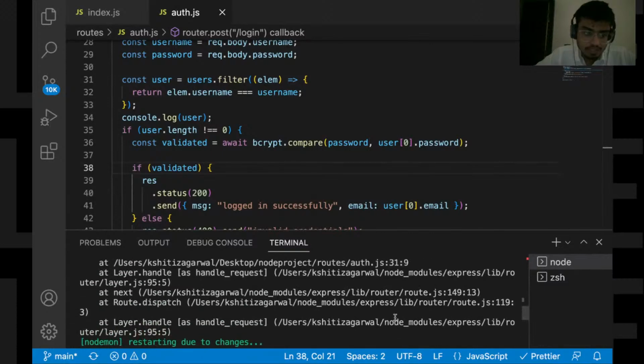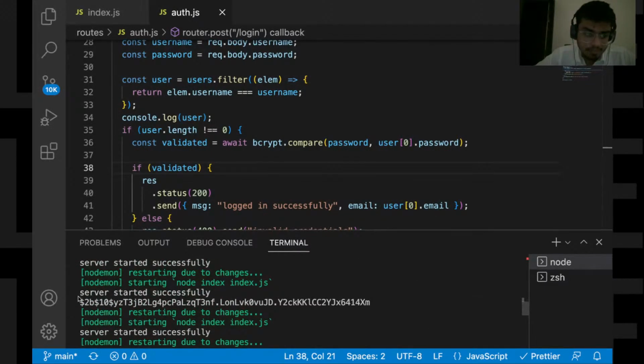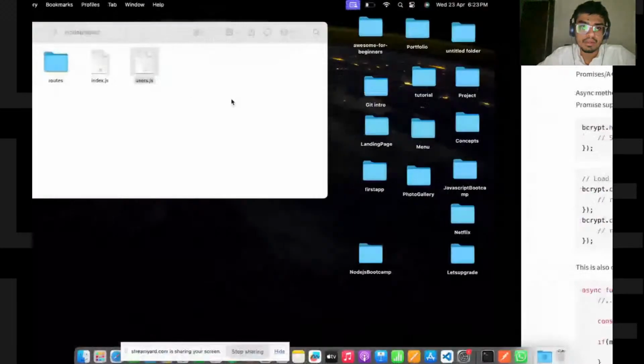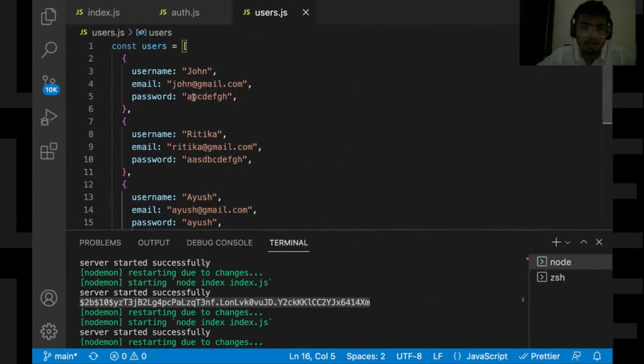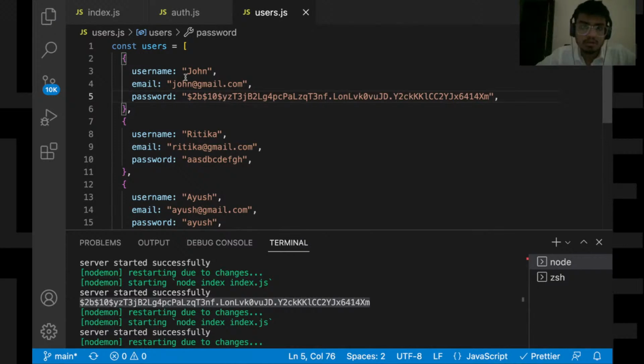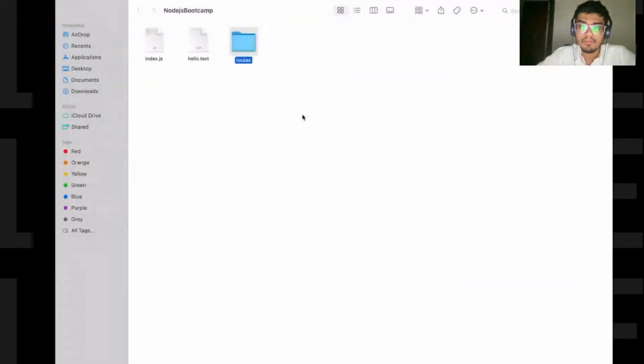Actually, it will hash differently, but let's try. Let's open our users and put the hashed password in. So now let's try.